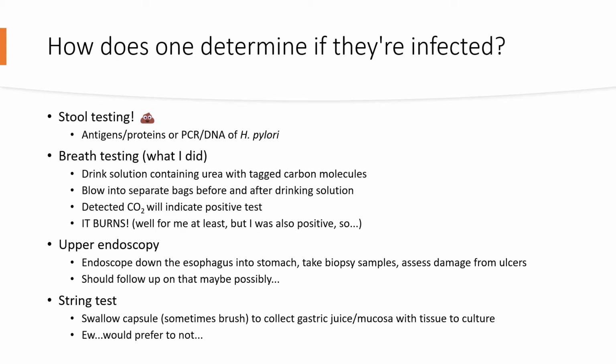And obviously the tagged carbon molecules are in the CO2 now from the urease. Not 100% sure of the methodology about that. It was sent out, so I'm not entirely sure of the laboratory process beyond that. And it burns. It does. Well, at least for me. I was also positive, but it literally just burned in my stomach for good,